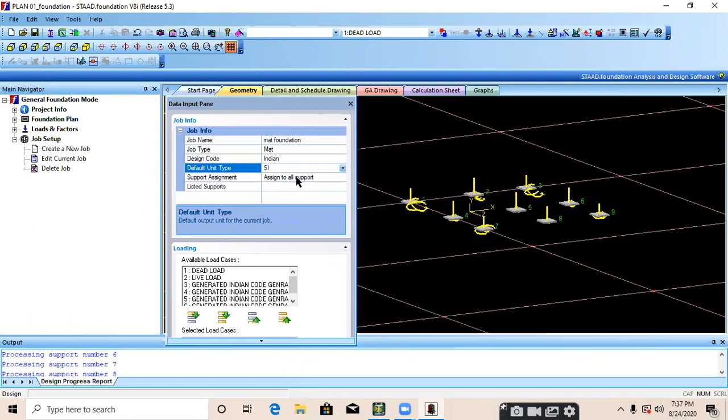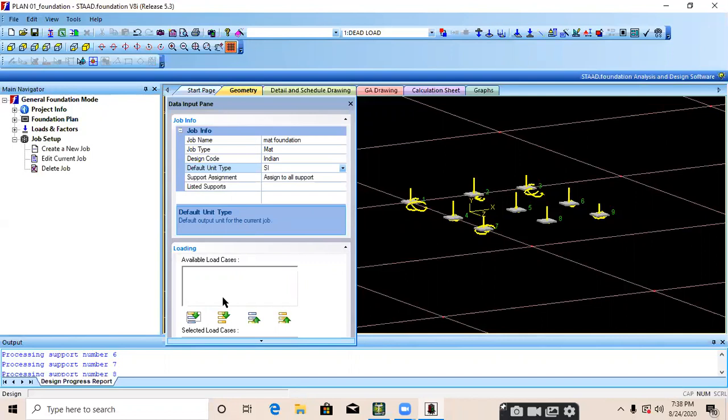Support assignment, assign to all support. We just need to include all the load cases. Select all the generated load cases, live load and a dead load also. Please do not select earthquake and wind forces. If there is any earthquake force or wind force, please do not select individual earthquake force and wind force.